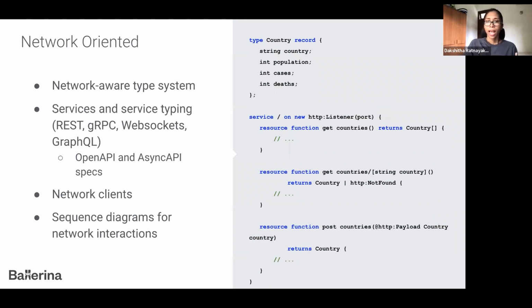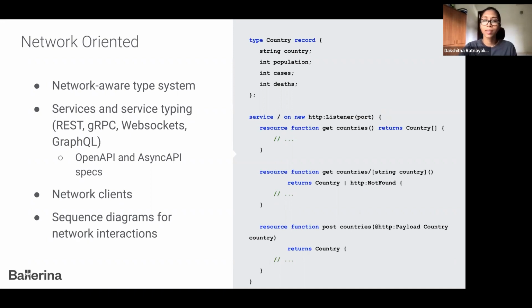So Ballerina accommodates the concept of a service, and a service can be written in just 3 or 4 lines of Ballerina code. And services in Ballerina are powered by listeners and libraries, and so that's how a service can work, right?